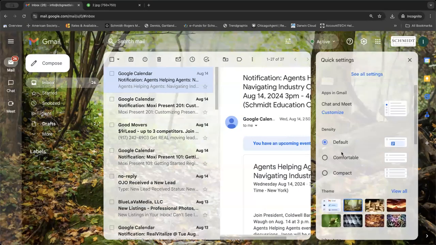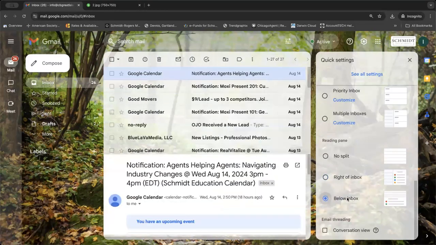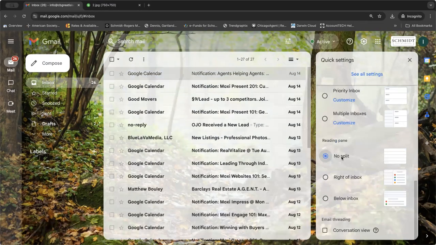So again, back into the cog, and you'll see here that you can do it to the right of the inbox, below the inbox, or if you're like me, I don't really like it, I do no split. The other option that I make sure that I have turned off, because I do not like it, I know a lot of people do, but if you're like me and you don't like the conversation view, you can make